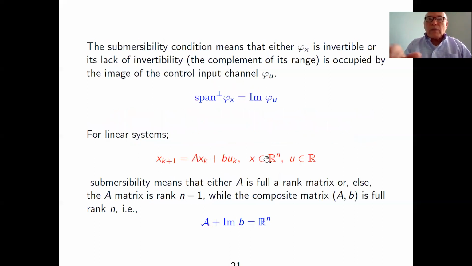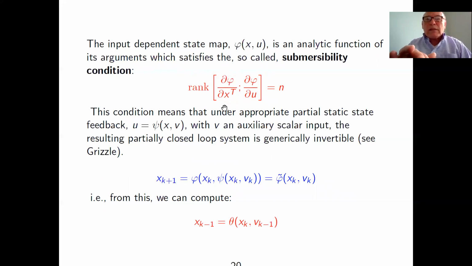And what it means is that if this matrix does not have full rank, it will be allowed to have at least rank n-1, because then you can supply that lack of full rank with the action of B. And when we talk about this vector function, which in the linear case is just the constant vector B, that represents the possibility for